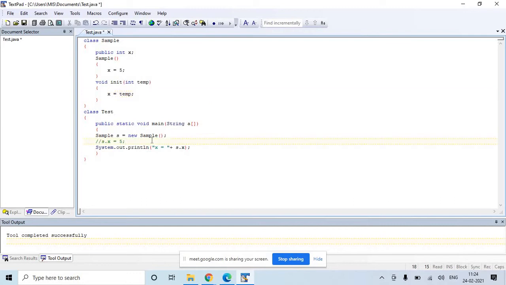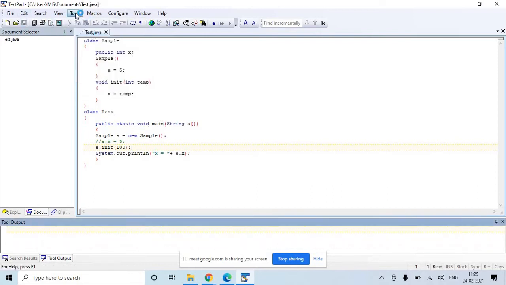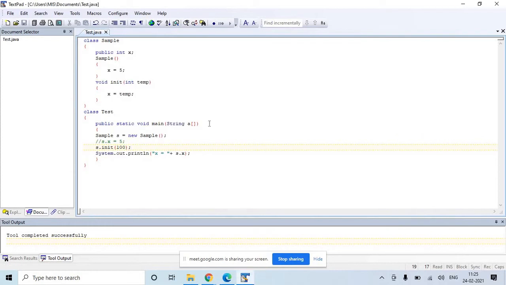Here you need to call s dot init 100. This is how you can also initialize it. You can save, compile, and run the Java program. So x is equal to 100. These are all ways by which you can initialize the value for a public variable.